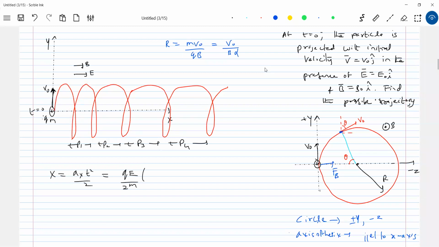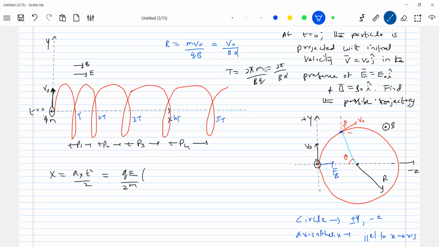So here, what is the time taken? Time period of revolution. How much is it? 2 pi m by bq or 2 pi by b alpha. So after one period, the particle will be here. At t, it will be here. At 2t, it will be here. At 3t, at 4t, at 5t, it will be here. After every one revolution, what will happen to the particle? The particle will come and touch the x-axis.